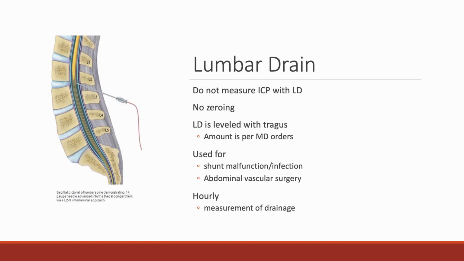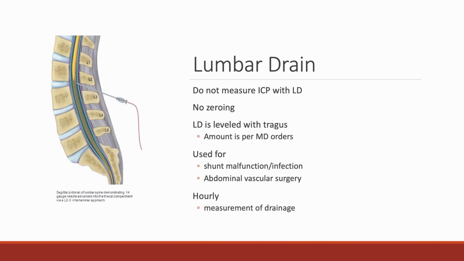There's another device called a lumbar drain. Now, we don't use this to measure ICP, and we don't zero it or do anything like that, but we do use it for pulling off extra CSF fluid, particularly for shunt malfunction. So if you have a shunt that's in place, a VP shunt or a VA shunt,